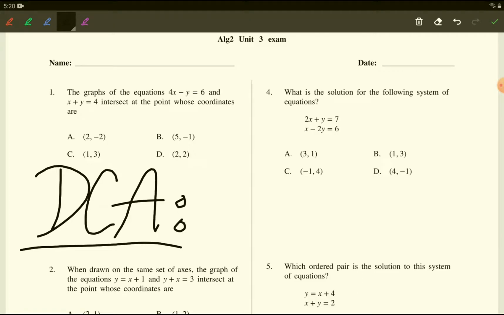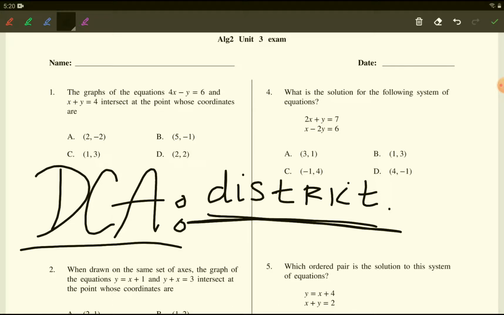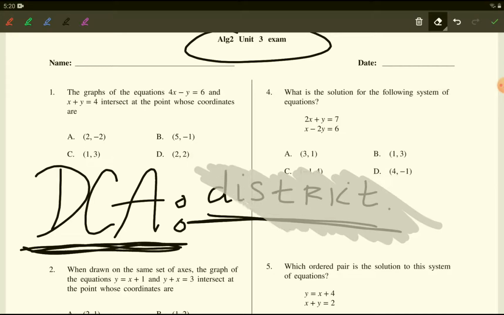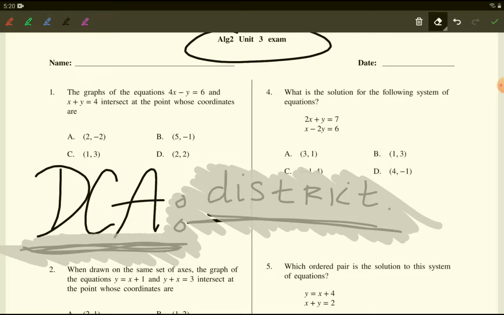it is given to all the math teachers by the district. Okay, district. So I do not write this test. I just want you to do your best. This one I wrote, but the DCA I did not write. So just do your best on the exam titled DCA on Schoology, but I am going to actually go